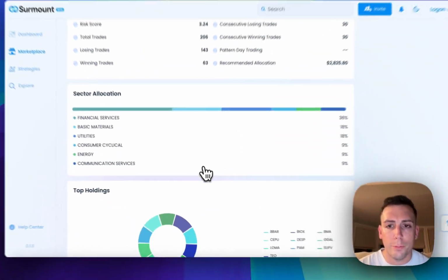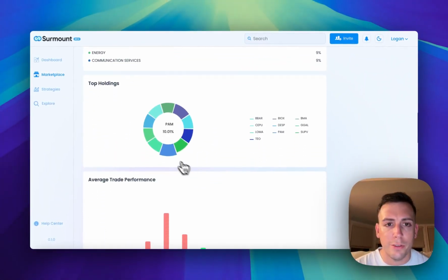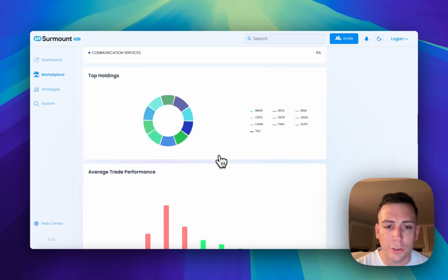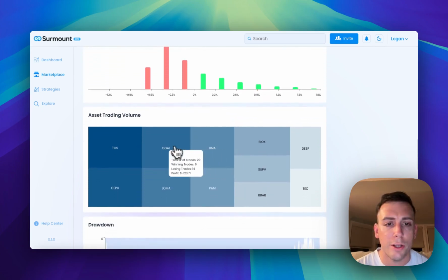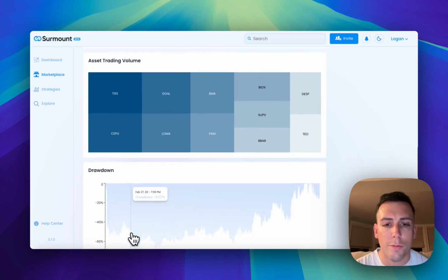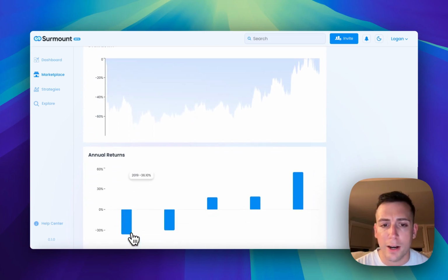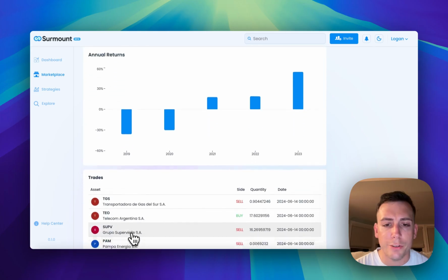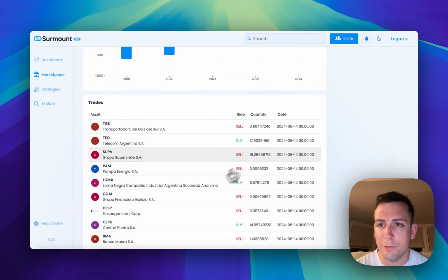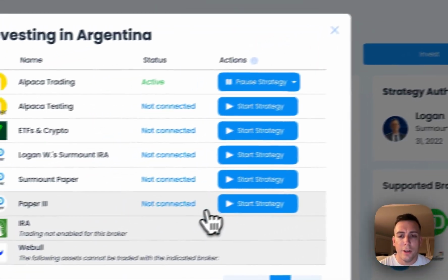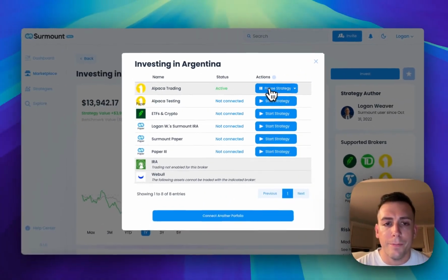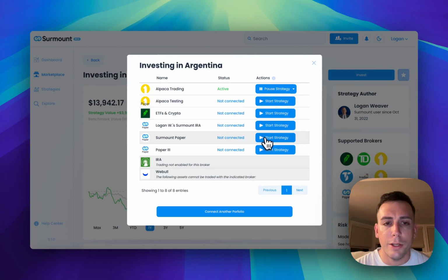I can pull up the strategy details and I basically get a white paper on the strategy so I can understand what it's invested in, how it approaches the market, individual asset performance, quite literally anything that I might be interested in to determine, is this a good fit for me and my portfolio? And if it is, I can see where it's already running. I can deploy it into